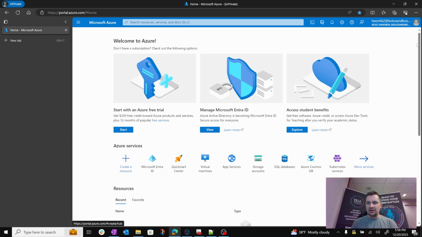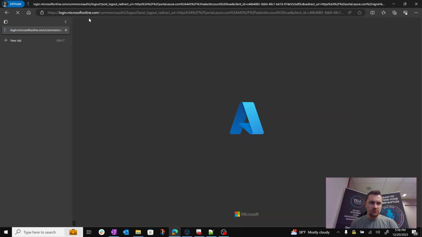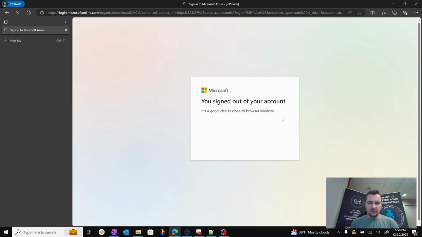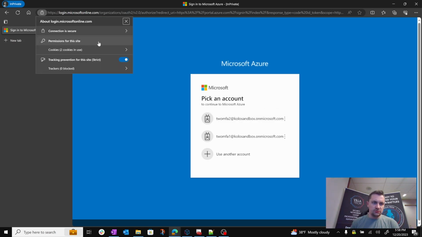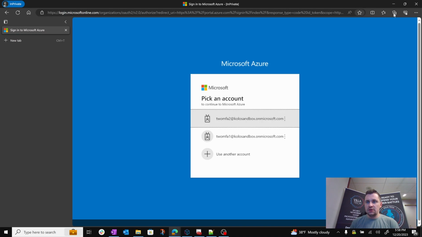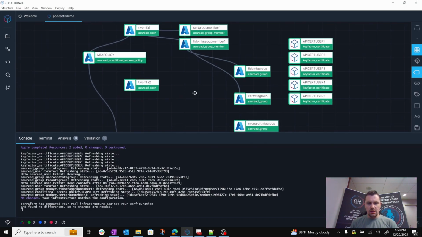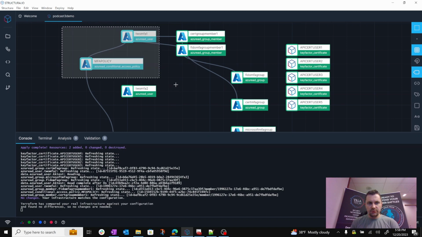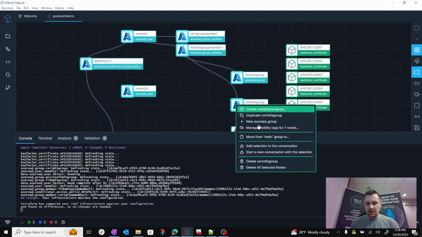So I'm going to sign out of this user, and we'll go back to Structura to change the method of authenticating with this user. Make sure that there's no certificates, which we know there isn't. But I'm going to minimize this, and we're going to go ahead and change this for the second user. So what I'll do is I'm going to select a couple of these resources here and add this to a conversation